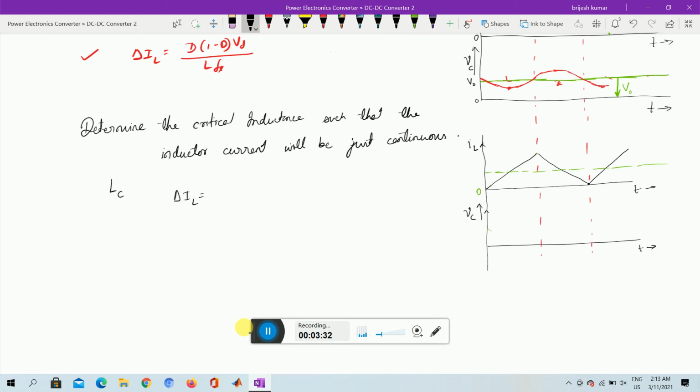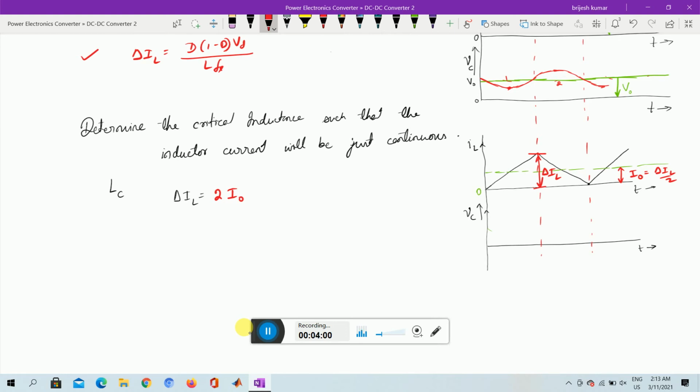So del IL is this height. It is clearly seen that the average value I0 is half of the height, del IL by 2. So we can say del IL is equal to 2 times I0,